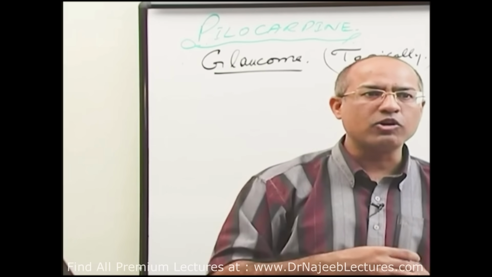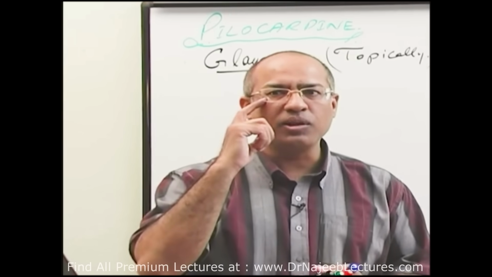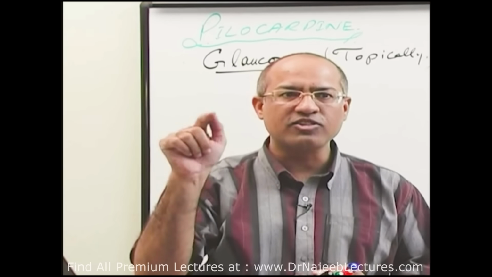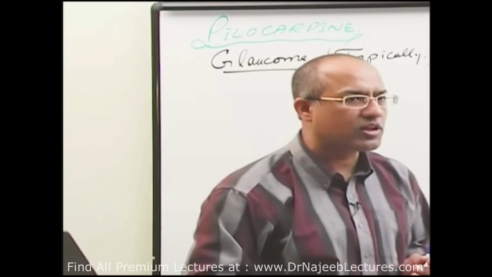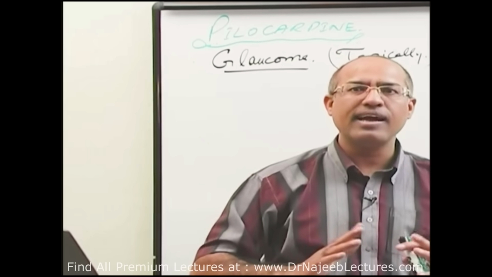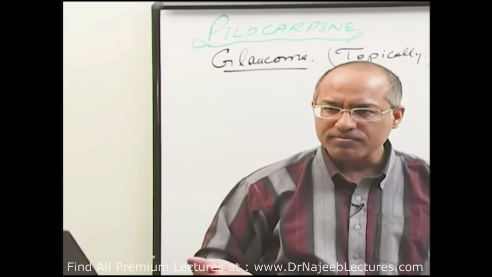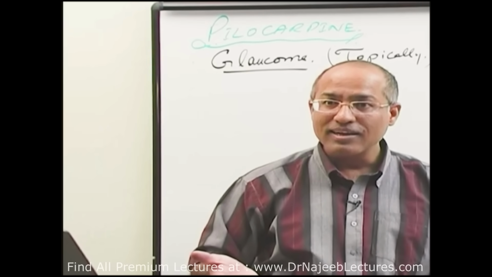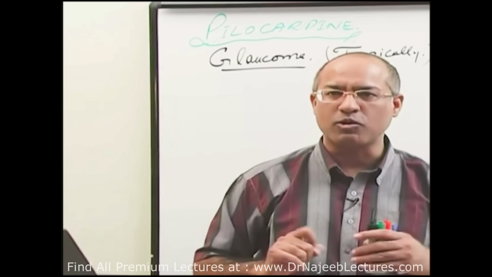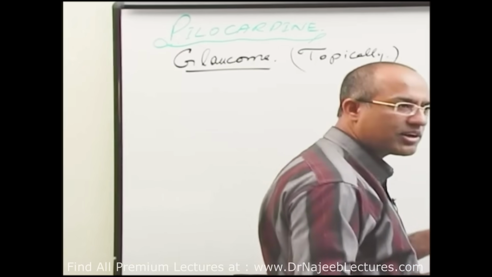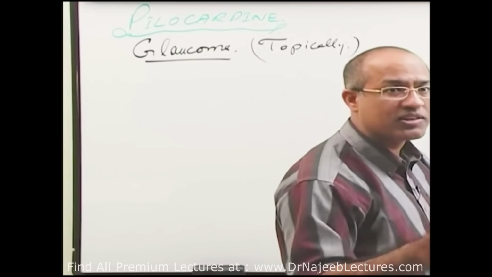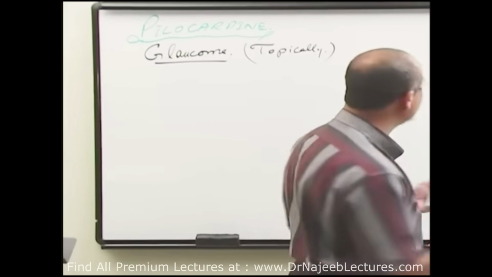From there, pilocarpine will be absorbed and it will act on the muscarinic receptors on the sphincter pupillae, and it will also act on muscarinic receptors on the ciliaris muscle. And it helps to reduce the intraocular pressure. Now exactly how it works, let me tell you. First, I will tell you how the aqueous humor normally circulates in the eyeball.